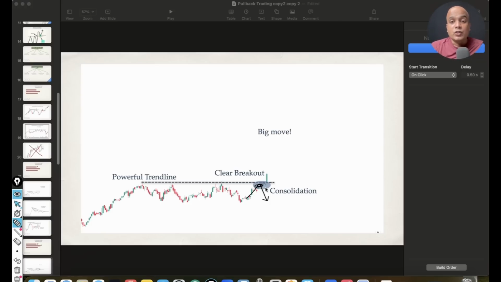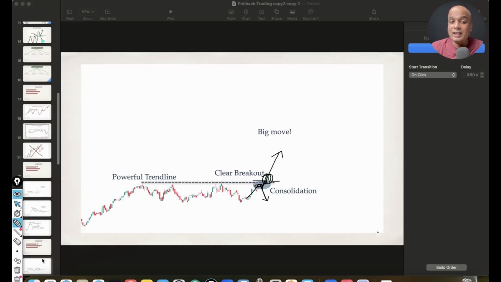Okay, so people who took the short trades, where will they keep the stop loss? They will keep the stop loss above the resistance trend line, right? This is the main logic. So if the price doesn't go downside, and if price comes to this level, what happens is their stop loss starts hitting, right? So indirectly they will convert into buyers, right? They will become buyers at this point of time. Whenever the price breaks above this level, they become buyers. Because of their buying pressure itself, it gives a very big move on the upside actually.